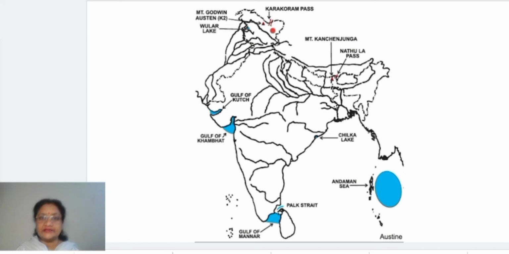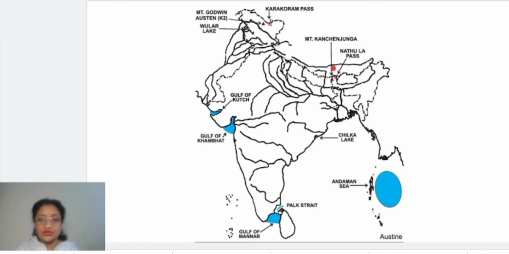And it is marked in such a way that, as I told you earlier in one of the map sessions, when the passes are marked, you have one type of bracket which we use in maths, the third type of bracket. This is actually the similar symbol, just opposite of it. Okay, you have to mark the opposite bracket here, right? Showing the pass, Karakoram Pass. This one is Karakoram Pass. You can see here where it is marked, very close to the curve. This is Karakoram Pass exactly. Clear? Now come to the second pass.